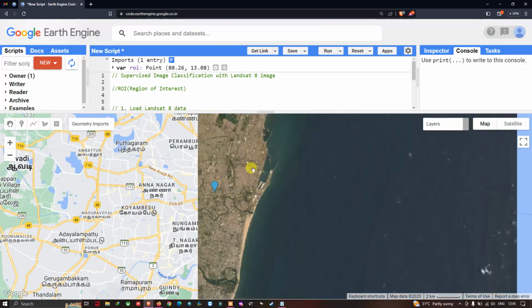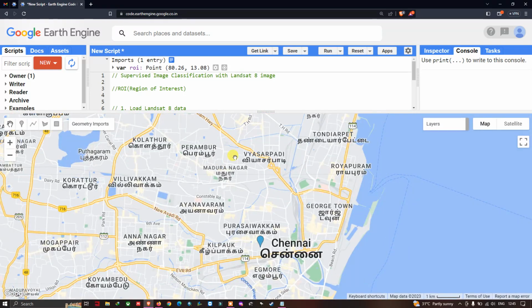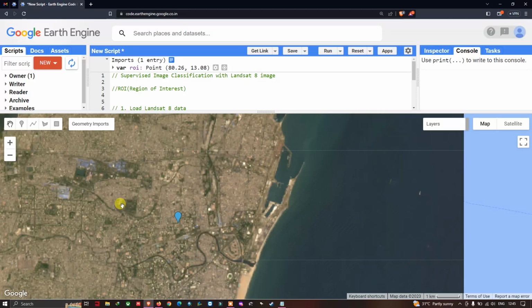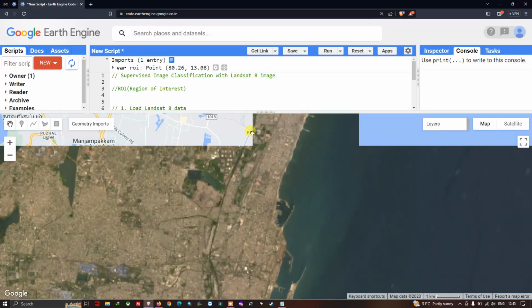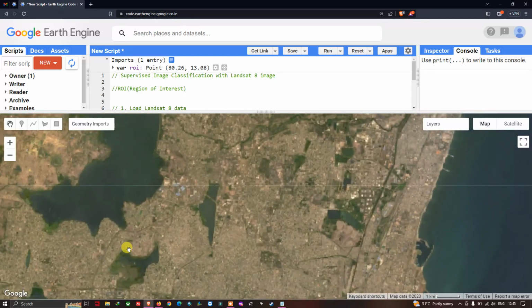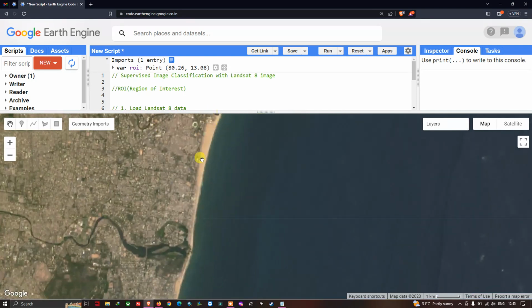Now let us view these urban settlements. This is an urban area. It is highly populated, and we have several rivers, and we have a canal system here, and we have water bodies, lakes. This is a lake, this is a lake, this is a settlement, and we have a beach